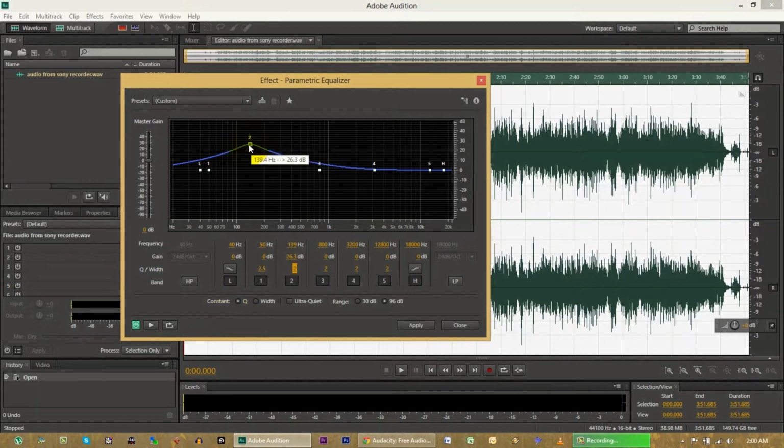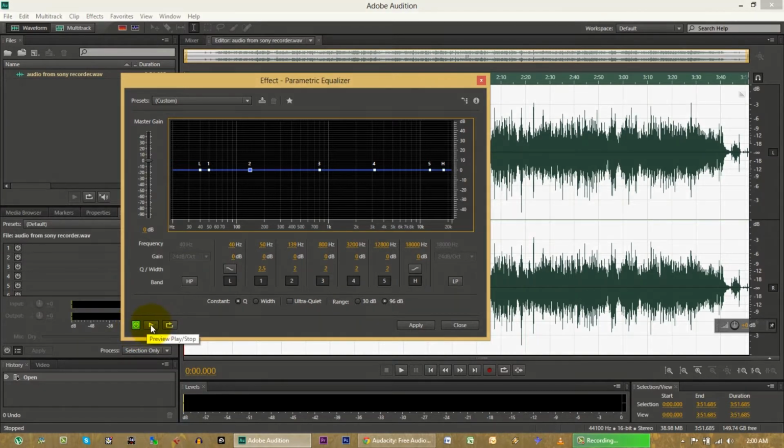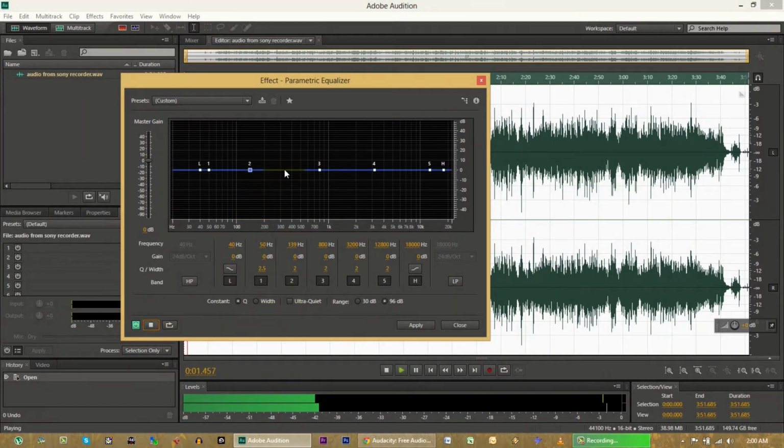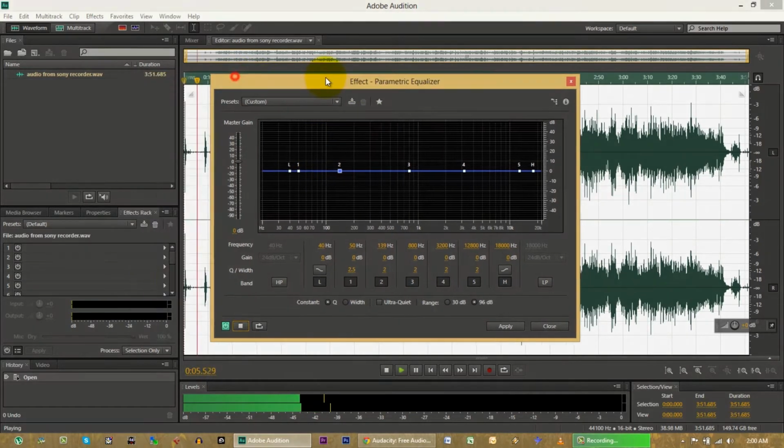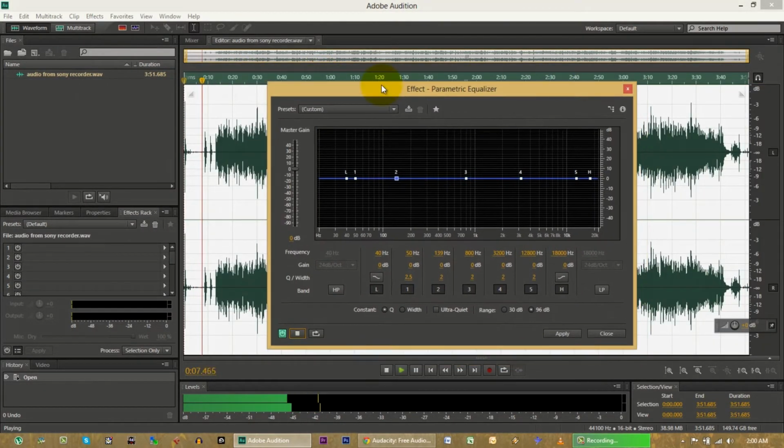Alright, so the nice thing about Audition is that it lets you preview as you're playing. So I'm going to let that play, and I'm going to make some adjustments here.